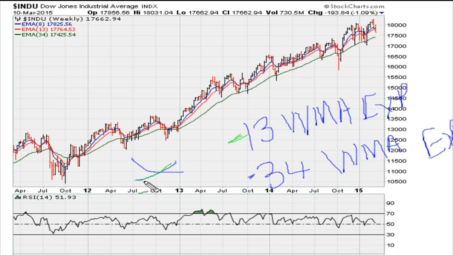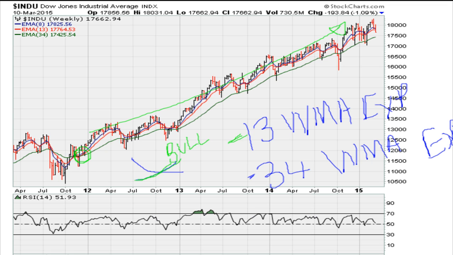So whenever you have a crossover of the 13 above the 34-week moving average, that tends to be the beginning of a bull market, or at least a bull trend. Just like you can see here, there was a crossover between the 13-week moving average moving above the 34-week moving average, and since late 2011 we've seen the market has not given us the opposite, and the opposite would be